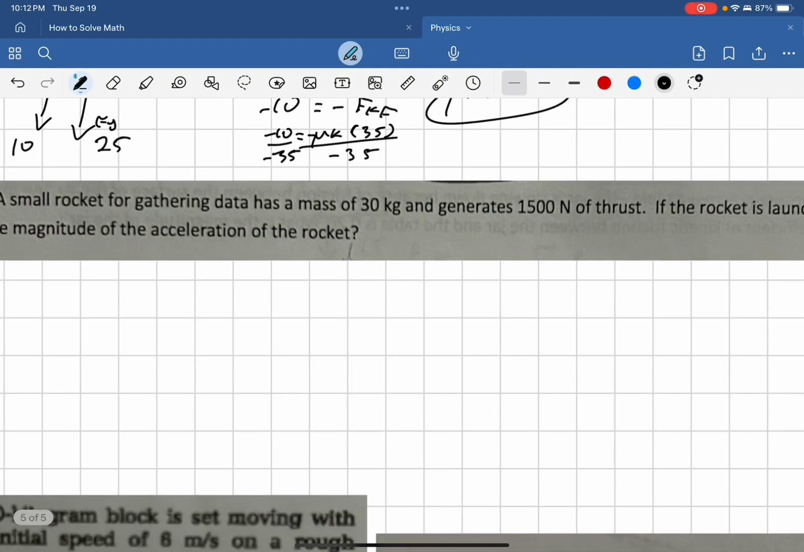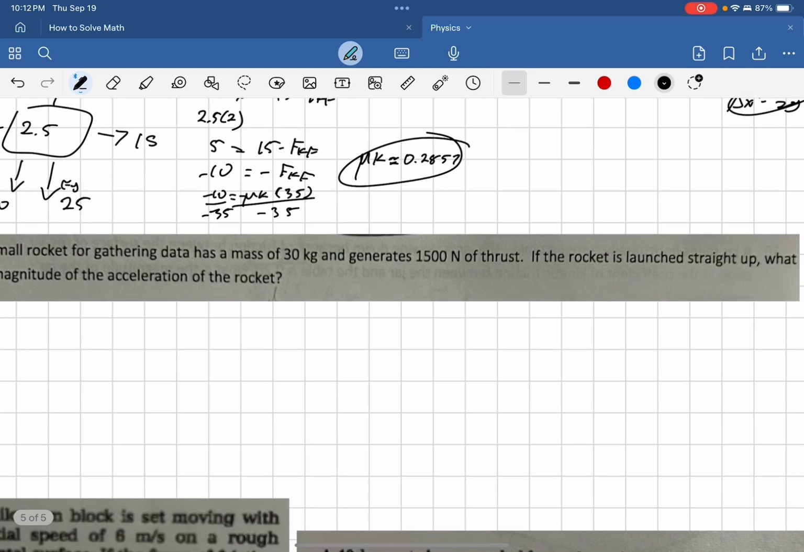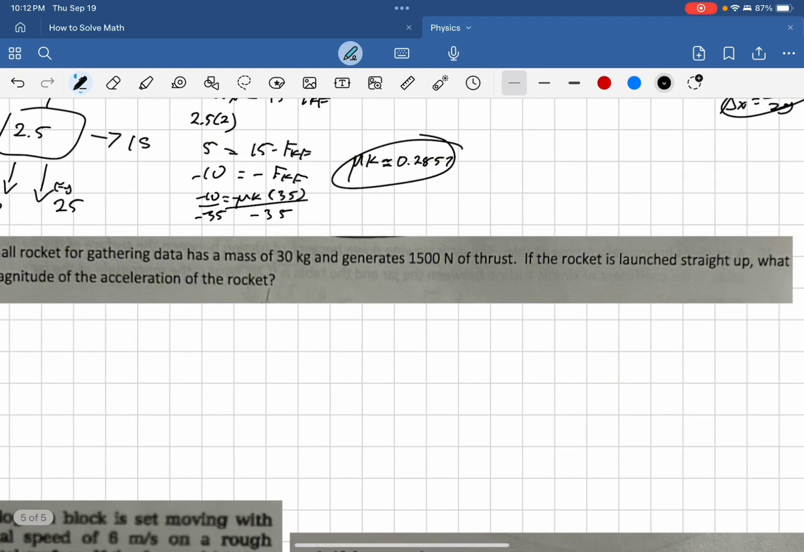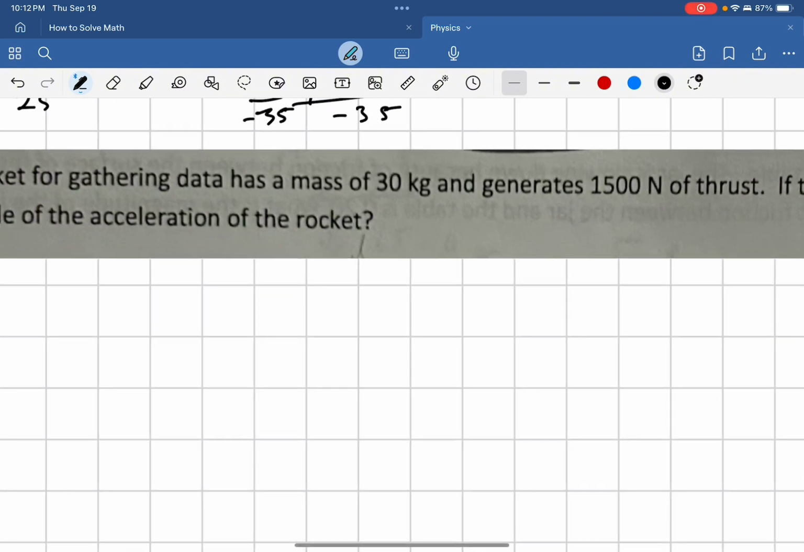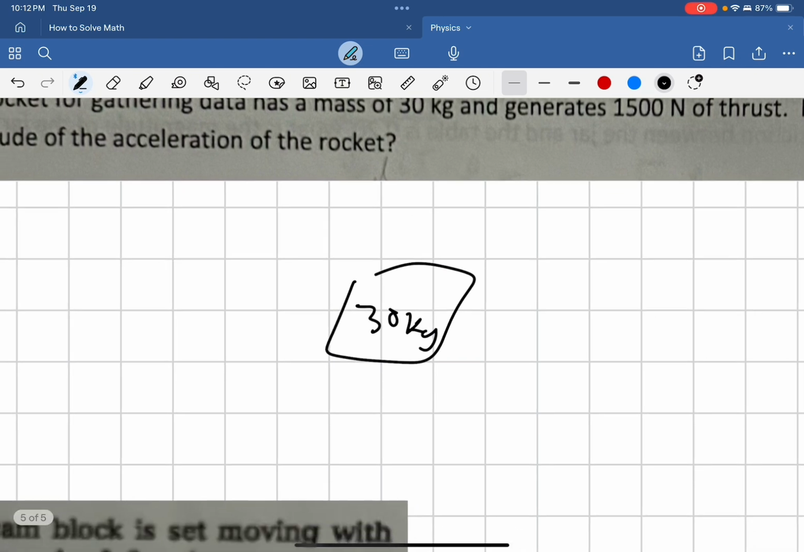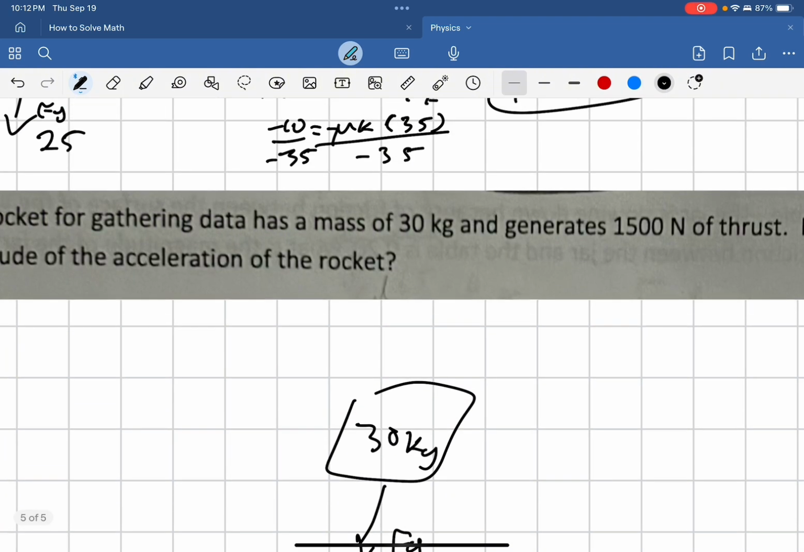And then over here we have 14. A small rocket for gathering data has a mass of 30 kilograms and generates 1500 newtons of thrust. If the rocket is launched straight up, what is the magnitude of the acceleration of the rocket? Anyways, okay, we have 30 kg, and then we have F of g, and then we have